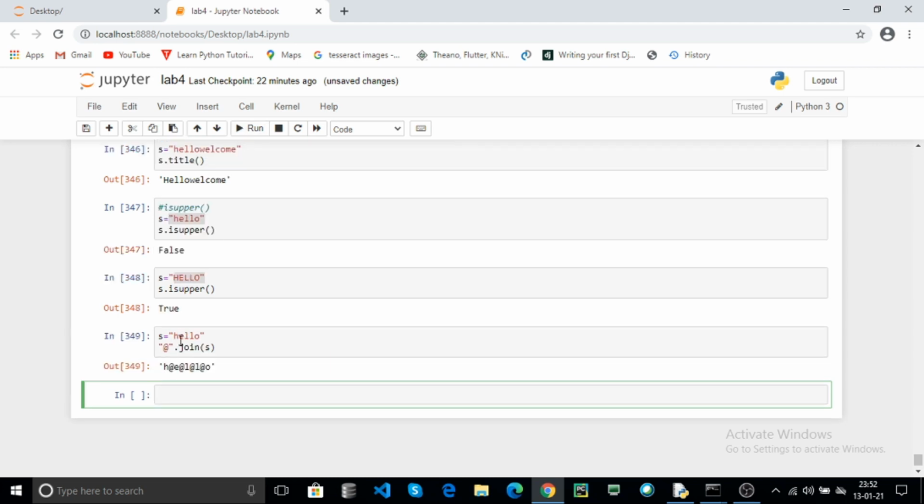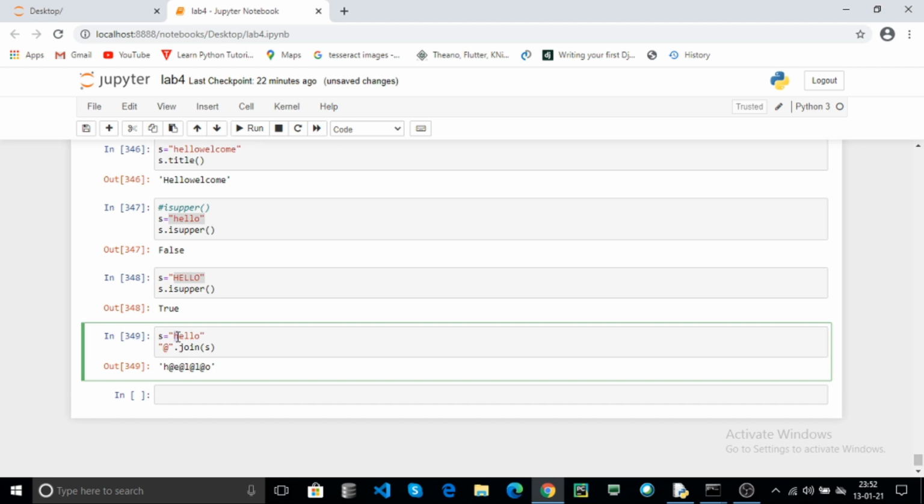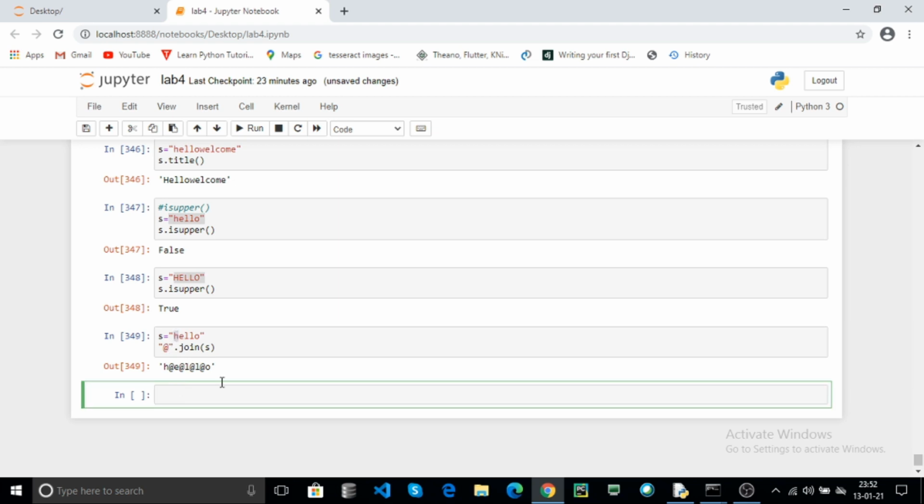Here after the first index value the @ is joined. After the e the @ is joined. After the l the @ is joined. Every time the string is iterable with the particular character joined along with the particular index value. That is the join.